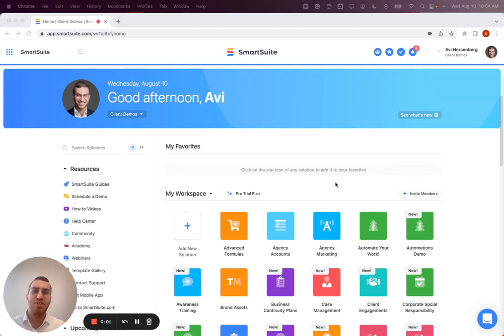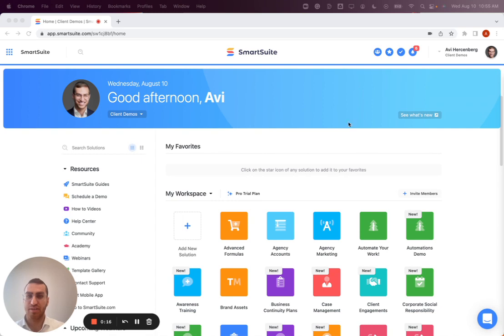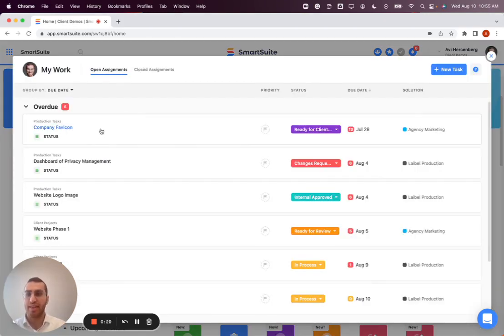Here are a few key features that SmartSuite has over Airtable, since SmartSuite thinks of itself as a work management platform and not just a no-code database. And so it becomes very easy to manage data as well as processes, tasks, projects, etc. One of the key features is going to be the My Work section, which rolls up anything that SmartSuite